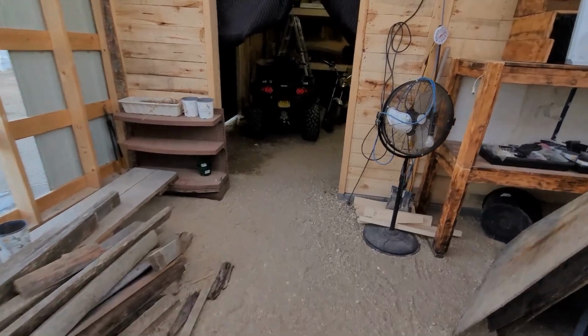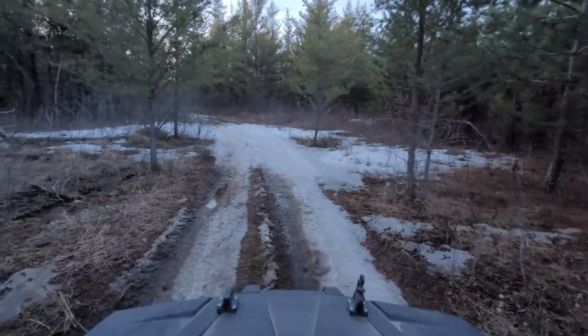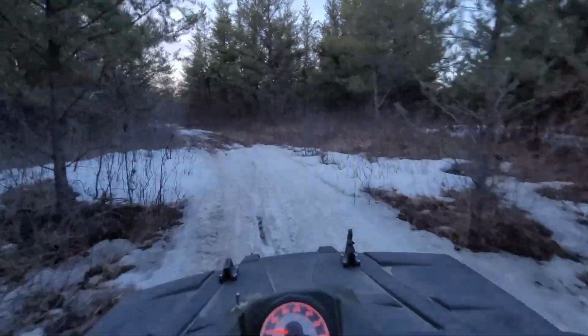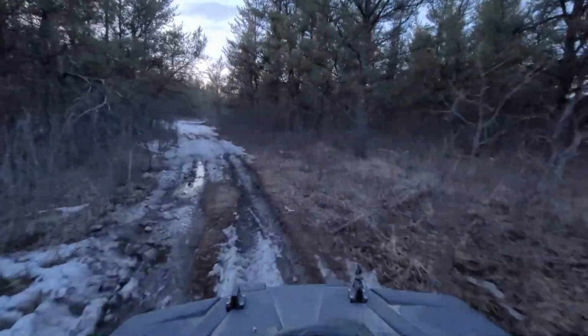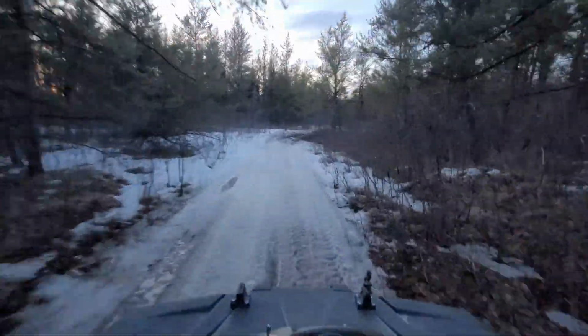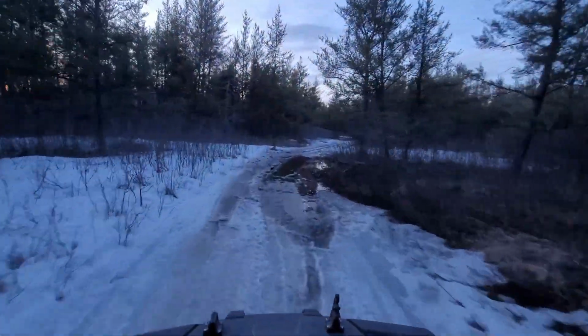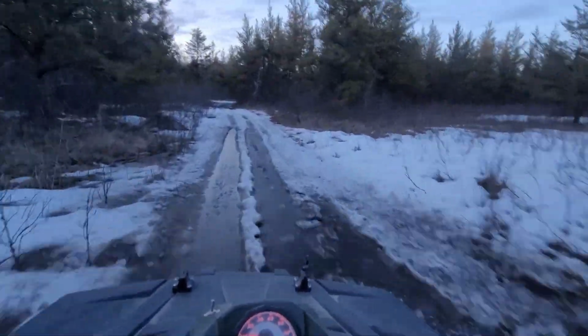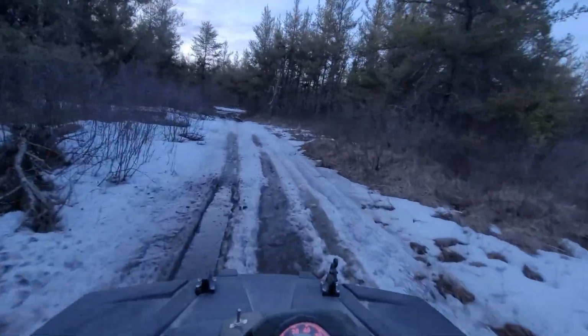deciding to get the quad going. I decided to film a little bit of this. Quad started up perfectly fine, but still quite mucky out here. I don't want to get full of muck. I also don't want to swamp the quad. I did have to charge the battery, so the battery might not start up again, so I'm not going to